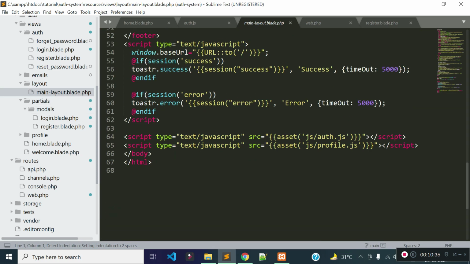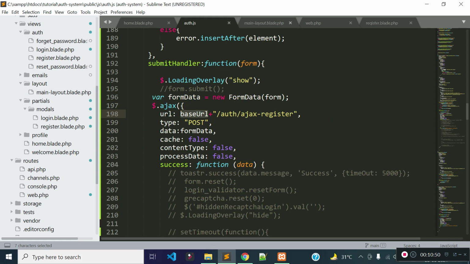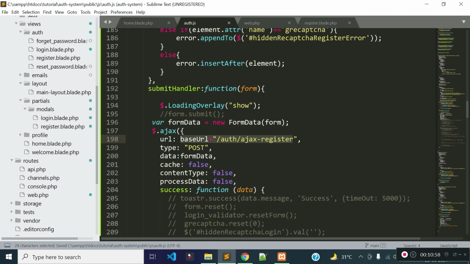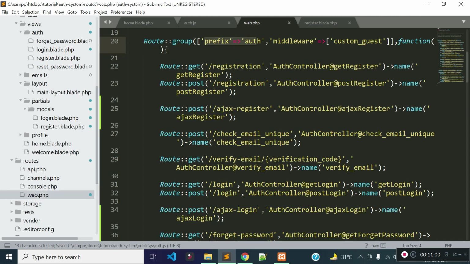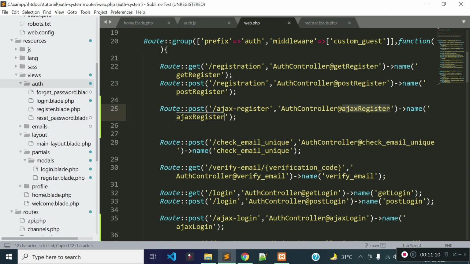You see, inside our main layout we created a global variable with the help of the window object, right? window.baseURL, and we stored the base URL of our project to this variable so that we can use this baseURL variable inside any of our JavaScript files, right? Okay, so we just provided the exact URL here, right? But we did not create the ajaxRegister method inside our AuthController. Now let's get back to our AuthController. So we need to create the ajaxRegister method, right, inside our AuthController.